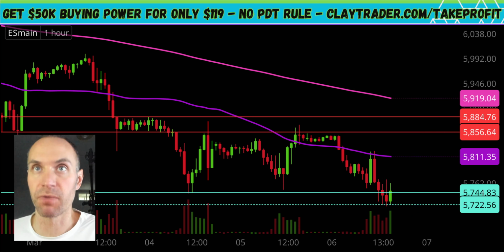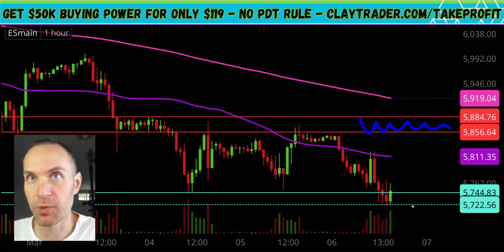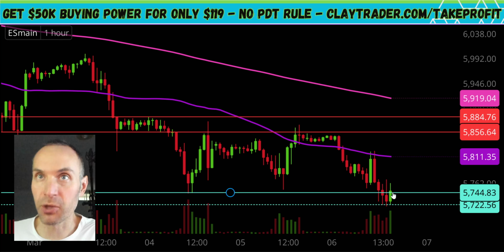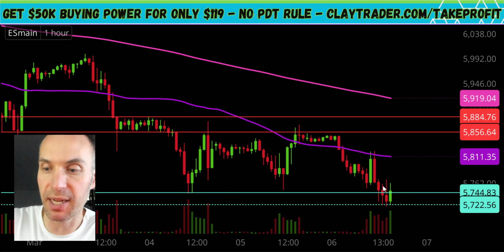In regards to levels of resistance, nothing really new compared to what I talked about previously. You still have this zone up here, but that's somewhat irrelevant right now given how far the price went down today. In the near term, like the NASDAQ, the NQ, keep an eye on that 50 period moving average, which you can see now has a track record of behaving as resistance. But yes, things are looking sketchy. It's trying to hold the bottom of the channel,